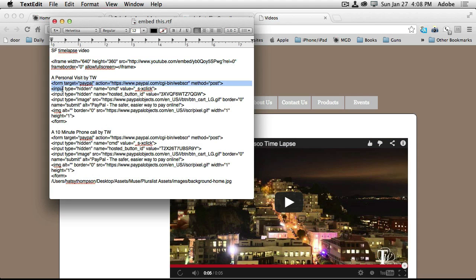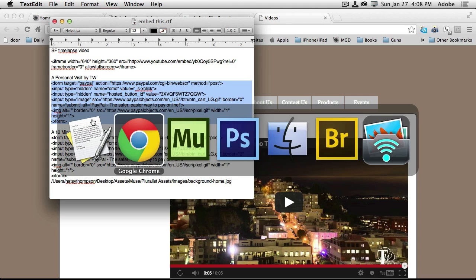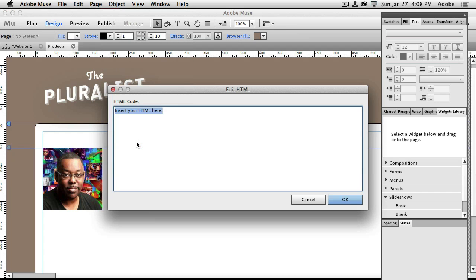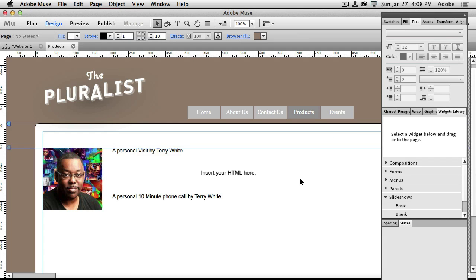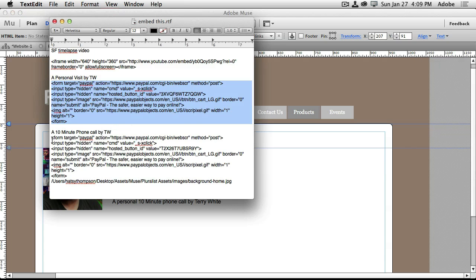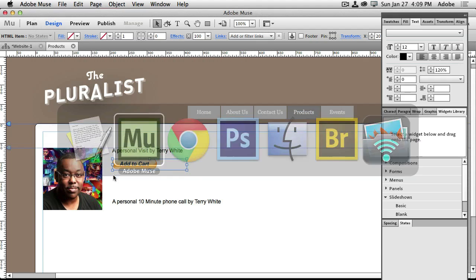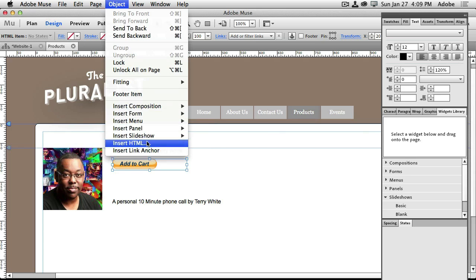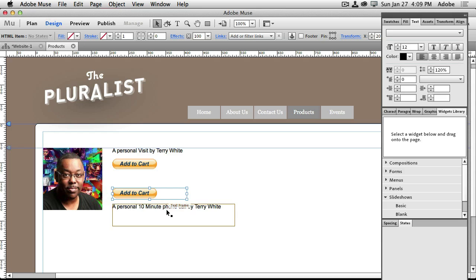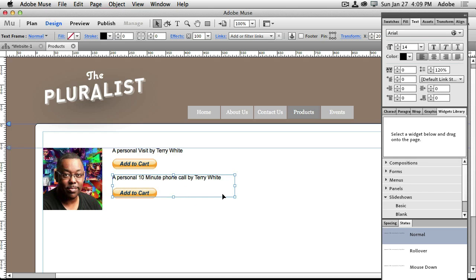Here's the code for Personal Visit by Terry White. Copy, go back to Muse, Insert HTML, paste that code that I got from PayPal, wait a second, and there's my Add to Cart button. Let's go get the other one. A 10-minute phone call by Terry White. Copy, Insert HTML, paste, click OK, give it a second to render, and there's my other item, which I'm going to put right there, and we're going to move this up, and we're going to make that smaller, make that smaller,